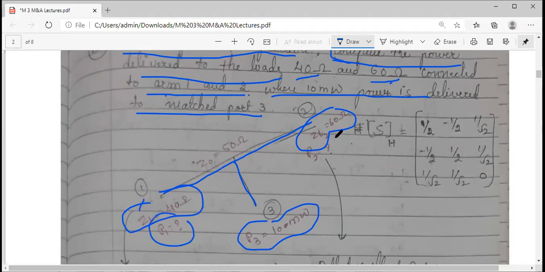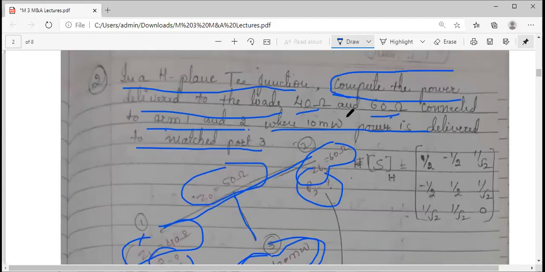Okay, यहाँ पे क्या है power, यहाँ पे क्या है? And the power delivered to P3 is given to you, that is 10 milliwatts. And this Z0 is not given to you. Actually, generally for any transmission line, most of the times we assume this is a characteristic impedance; for waveguide, we consider 50 ohms. Okay, Z0 equals to 50 ohms. If it is not given, you assume it as 50 ohms for a waveguide T.